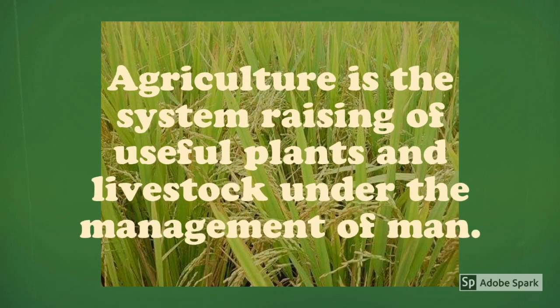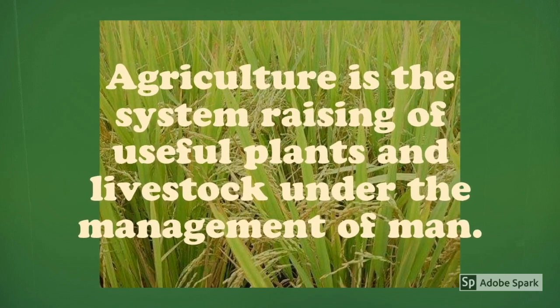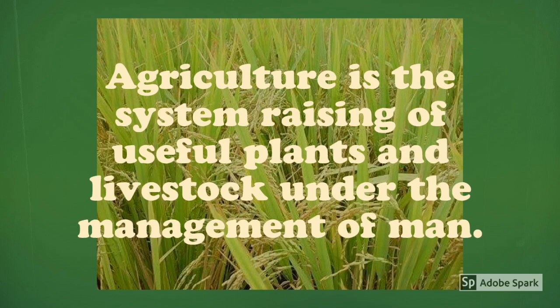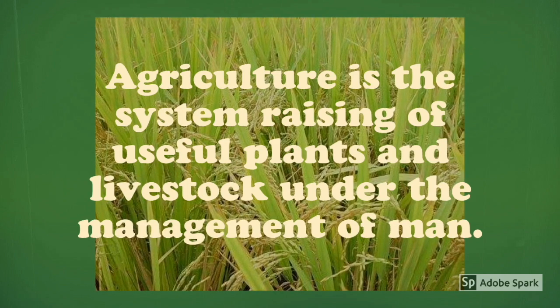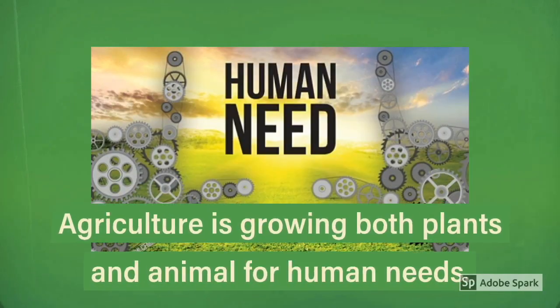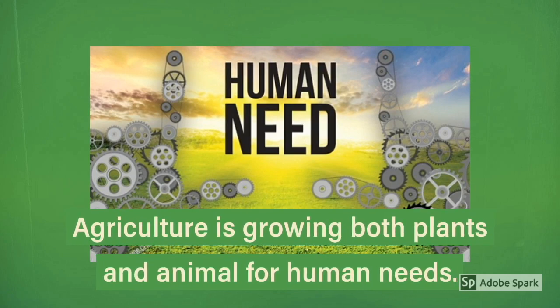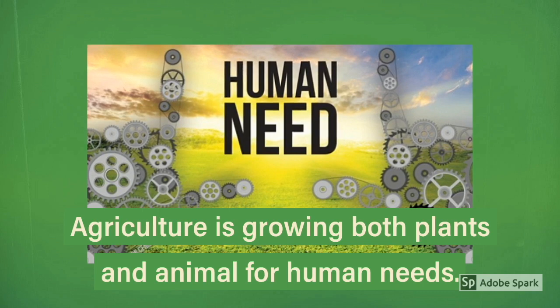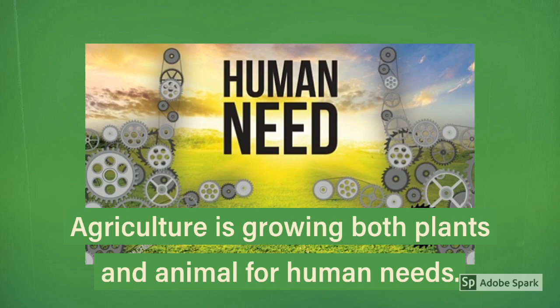The first concept that I will introduce to you is that agriculture is a system of raising useful plants and livestock under the management of man. Secondly, agriculture is growing both plants and animals for human needs. Like we will grow some crops like rice and corn for absorbing energy, and some meat like beef and pork